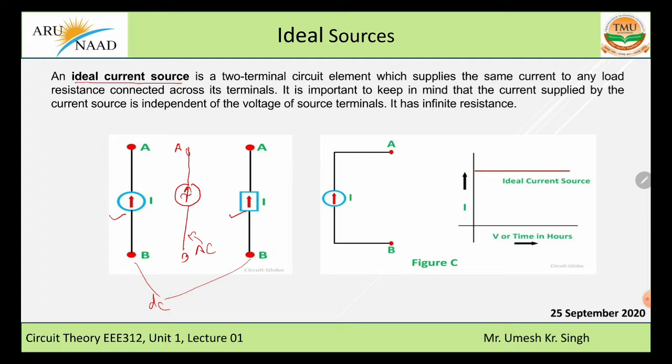Now we are drawing a characteristic for a DC current source. Again at t equals 0 and t equals t1, I have considered 2 points. At t equals 0, the current is I, and at t equals t1, the current is also I. Current is the same. Now if we look at the voltage axis, V1 is equal to 0, V2 is equal to V1, meaning voltage is increasing with respect to time but current is constant.